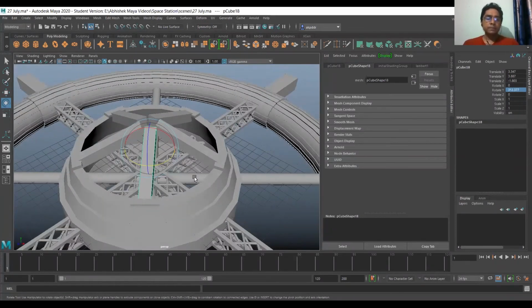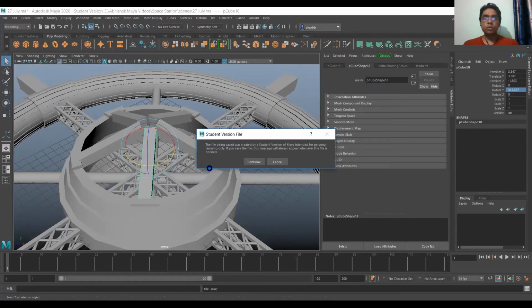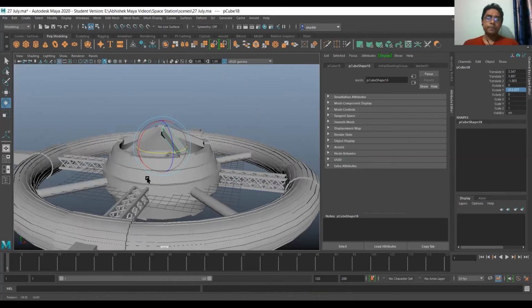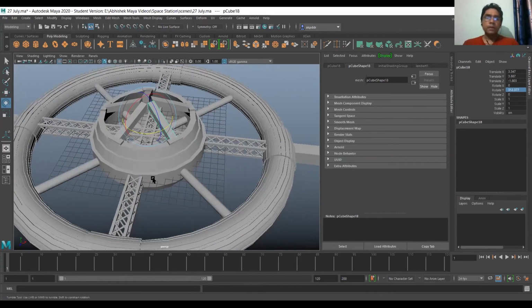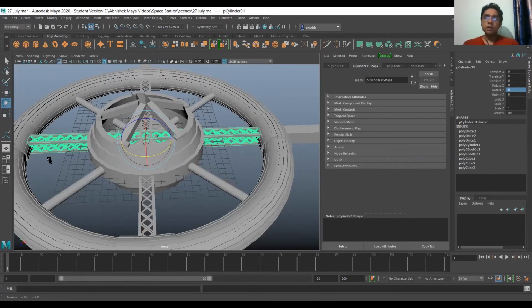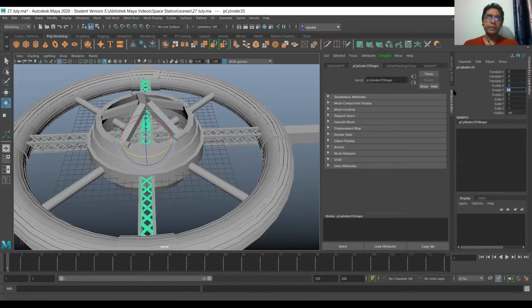Now next step is we are going to save our project. Control S, done. Now we are going to duplicate our crossed bar which we have created before. So let me duplicate this, Control D, and in rotate Y we can give the value 90 degree.